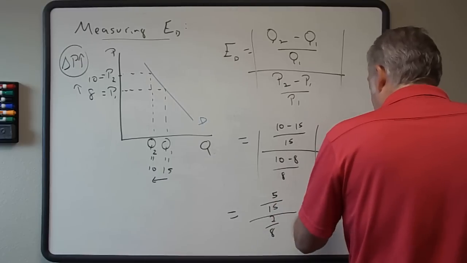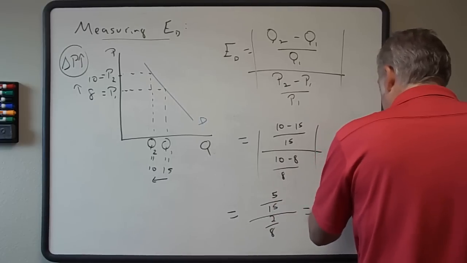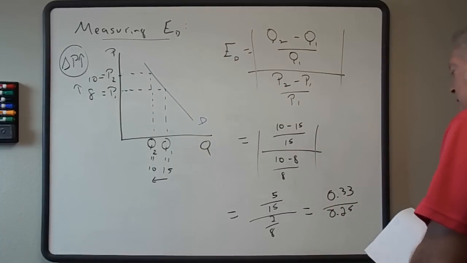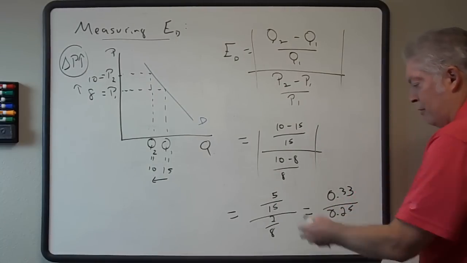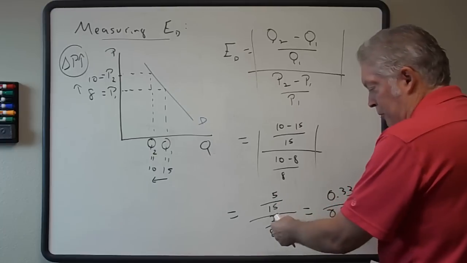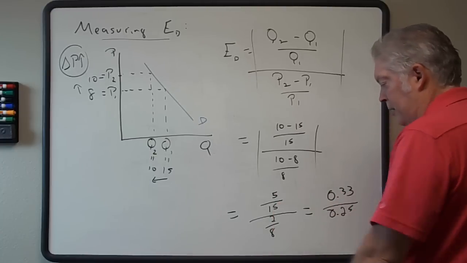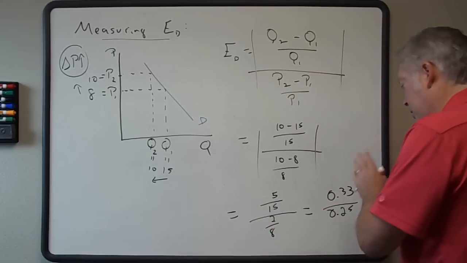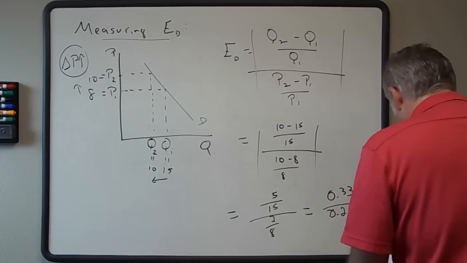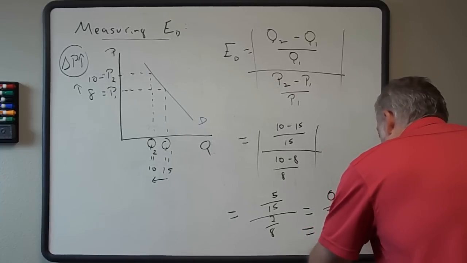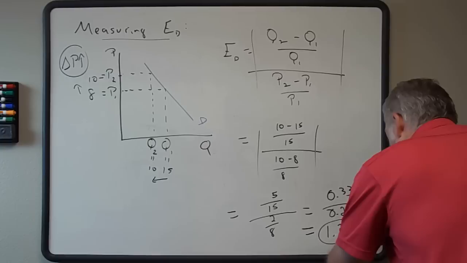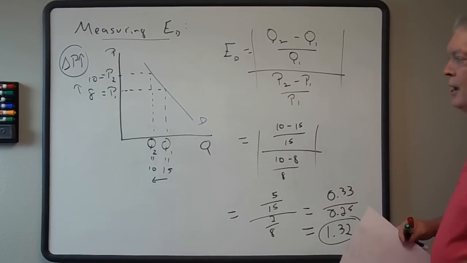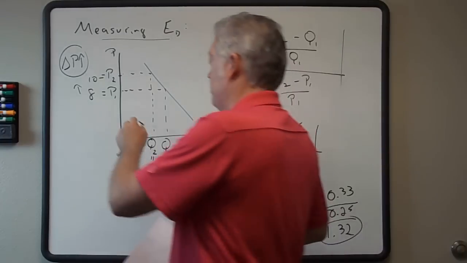5 over 15 is 1/3, or 0.33, divided by 2 over 8, which is 0.25. So the math is relatively simple, or you could take 5 over 15 and make it into a multiplication problem by flipping the denominator, making it 5 over 15 times 8 over 2, which is going to give you the same ratio in the end, and the value we're going to get is 1.32. And that is the price elasticity of demand for this particular demand curve